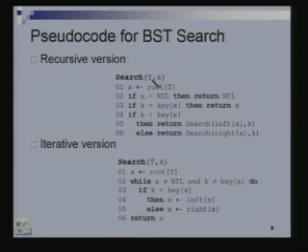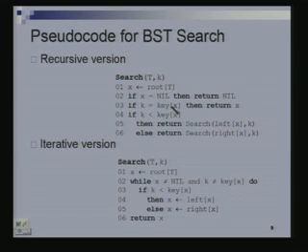So, we can write the search procedure in a binary search tree either as a recursive procedure or as an iterative procedure. The recursive procedure is perhaps simpler to understand. You are searching for a key k in a tree T. You look at the root of T, let us say that is x. If x equals nil, which means it is an empty tree, then you are essentially saying that nothing is there. So, just forget this for now.